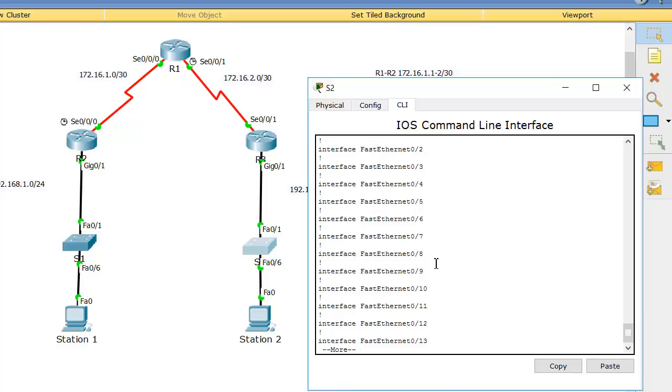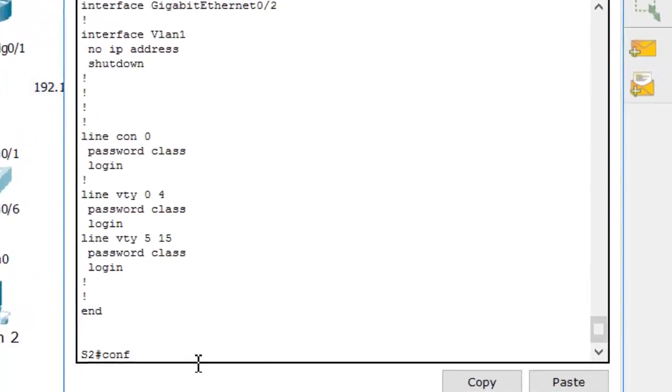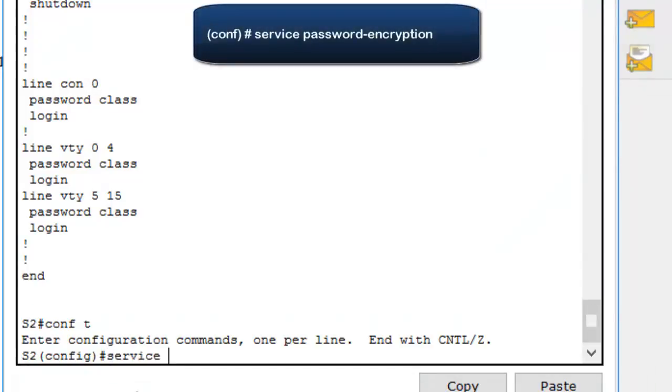Okay, hit the space bar all the way to the end, and as you see, for both line console and line vty 0 to 4 and 5 to 15, the password is in clear text. So to encrypt this password, we're gonna go to global config mode, and the command for that is service password